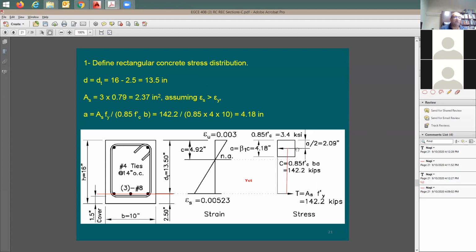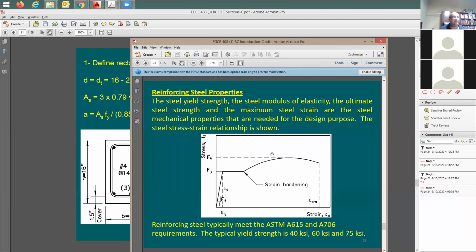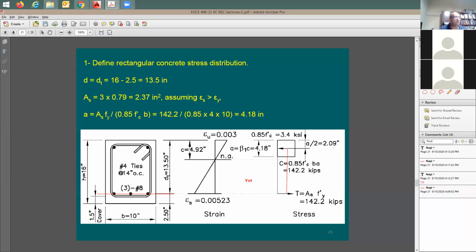Now you should be able to solve for the moment, but you have an assumption that you started with. You say that the tension equals As times Fy. So you have an assumption here that the steel is giving the yielding region, like in the yield plateau. But you cannot confirm this. You don't know if this is true or not. Here's the stress-strain relationship, and you just assume here,